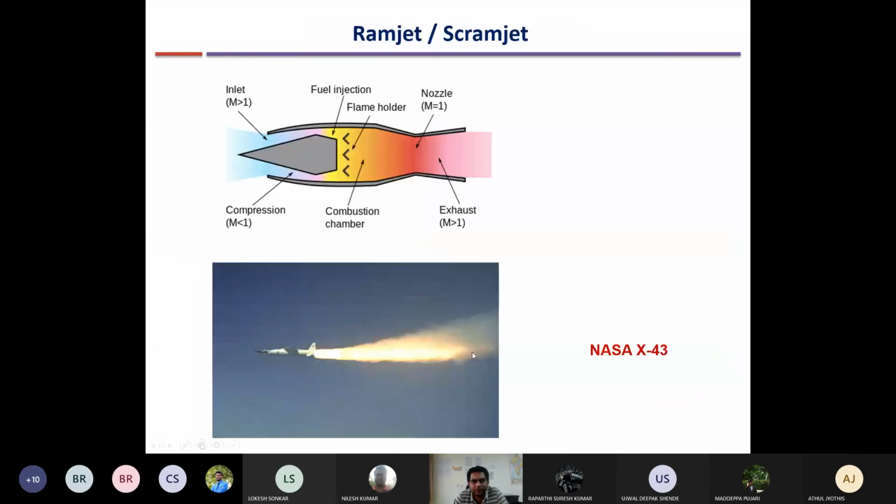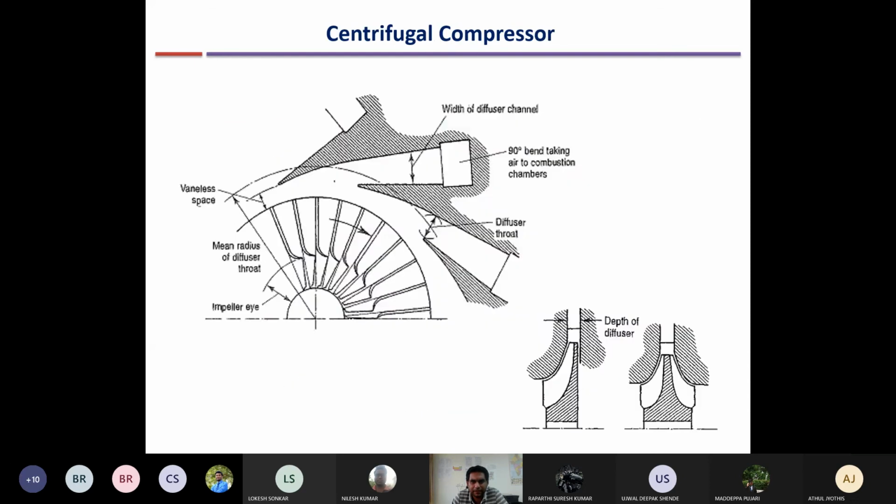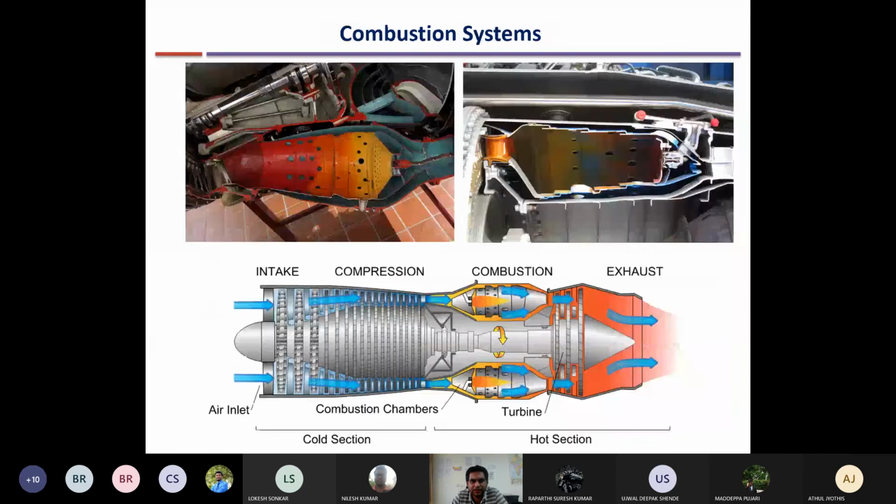This is like NASA X-43. This is a scramjet, and it was tested at very high flight velocity, Mach 10 or Mach 9.4 or something like that. And here you can see it is actually burning a rocket engine to accelerate it to that high velocity. At the high velocity, it started the scramjet, and it only flew using the scramjet for a few seconds. It was only an experimental design.